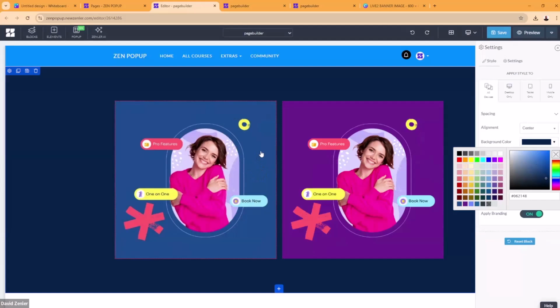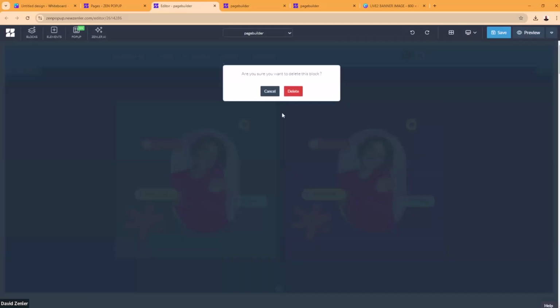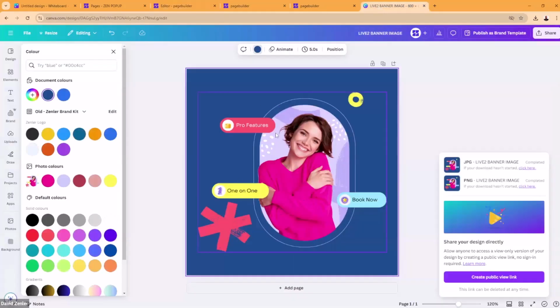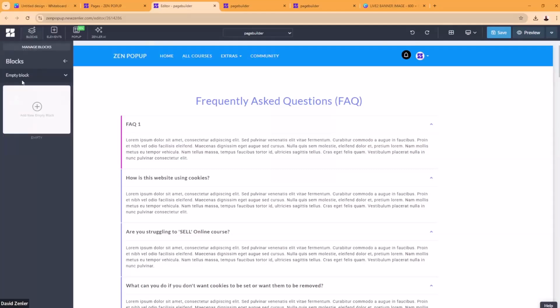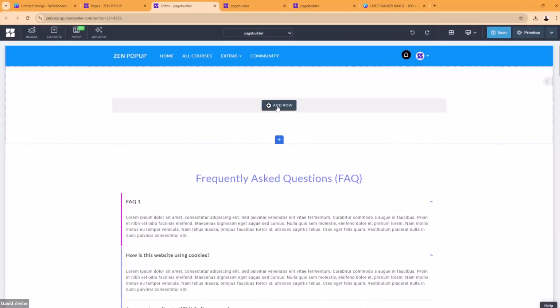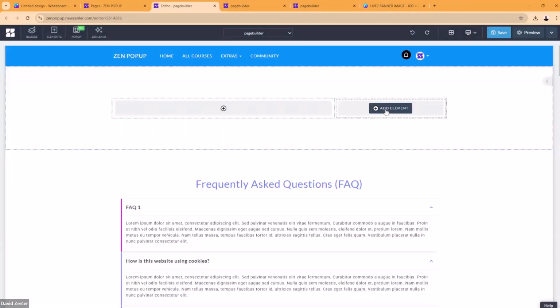Moving forwards, we're now going to show you how to create that block that we've already got. Let's start from scratch, and this is what I want you to do as part of your mission. Go into Canva, change this image to whatever you like, and think about what you're going to do. Then go into the page builder, go to blocks, go to empty block, and drag a block in. Inside here, click add a row and add 2 columns, probably 66 by 33, but it really doesn't matter.